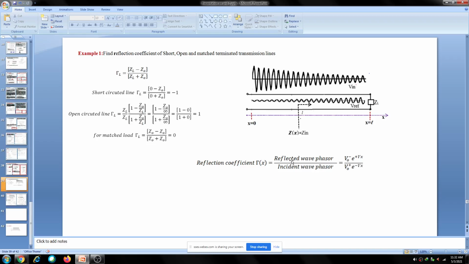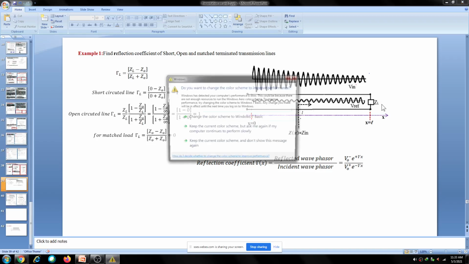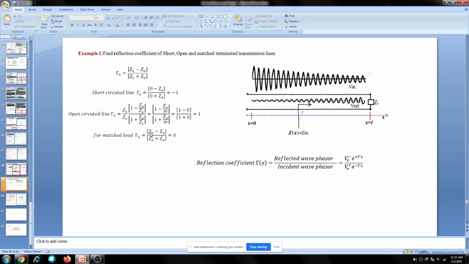What is the meaning of that? The reflected wave is 0. There is no reflected wave if the load is equal to the characteristic impedance. So we get the reflection coefficient equal to 0. That is mainly what we should do. We should make the load equal to the characteristic impedance if we do not want reflection. Usually we do not want a reflection. It should be equal to 0 in most of our applications. So you should bring this equal to the characteristic impedance of the line, then the reflection coefficient will be 0.